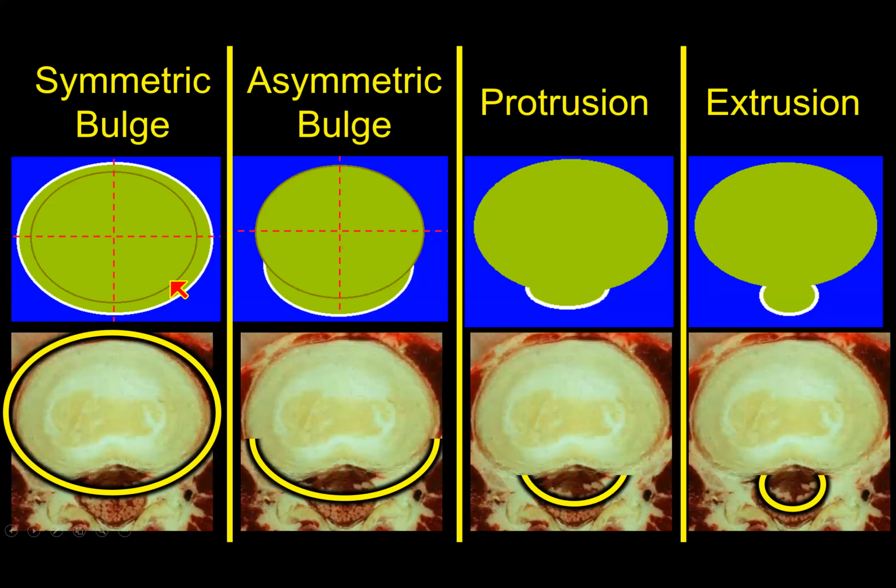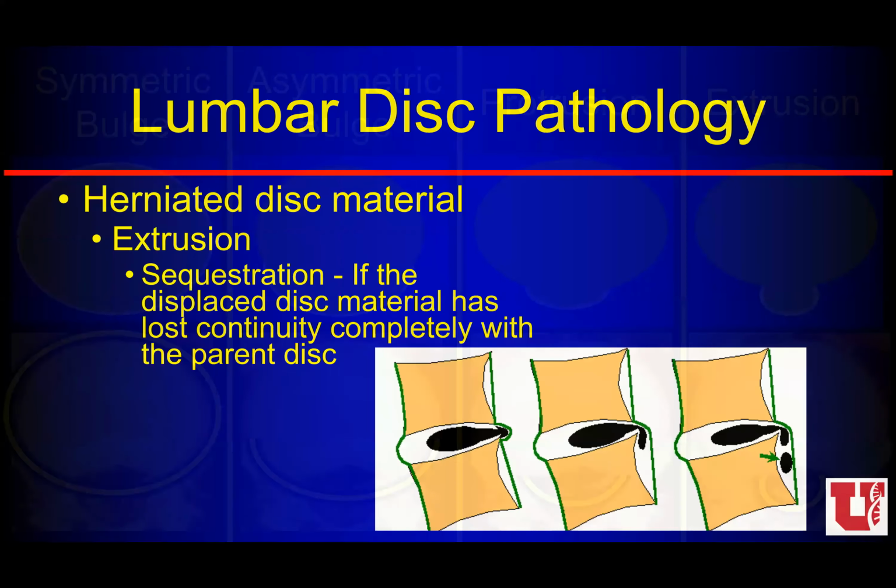So if the disc material goes all the way around, 100% of those quadrants, 360 degrees, that's a symmetric bulge. It's an asymmetric bulge if it's not quite all the way around. And then we can have focal protrusions and extrusions that we want to talk about at that level. So the extrusions themselves,